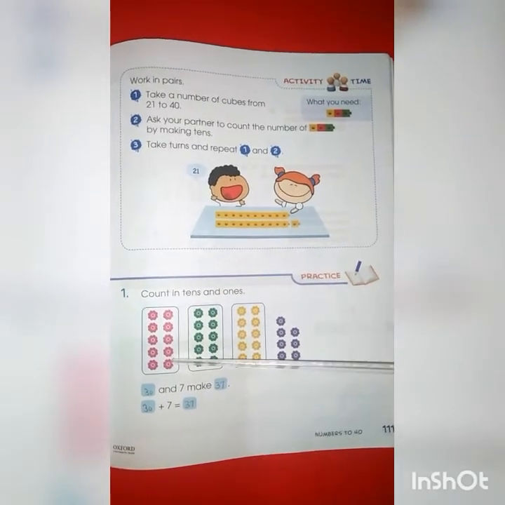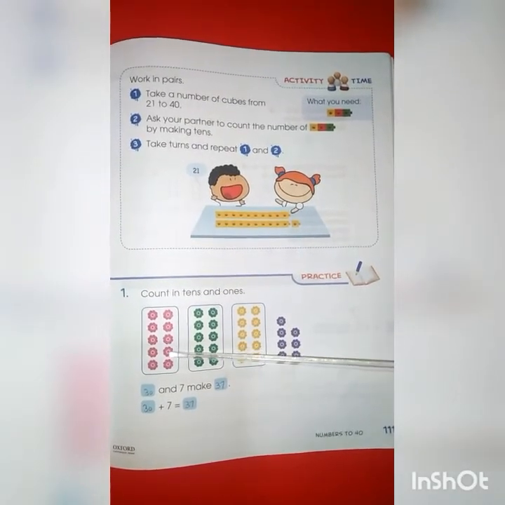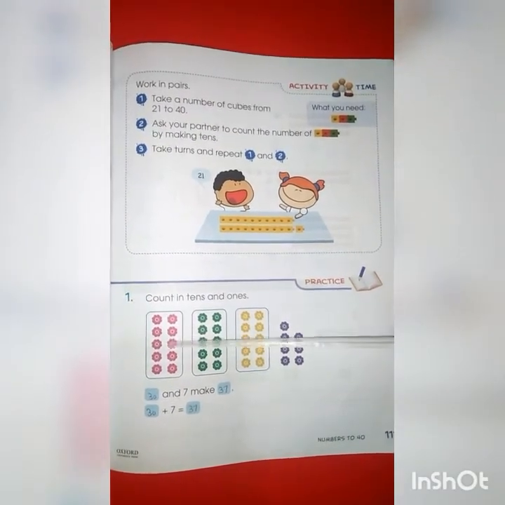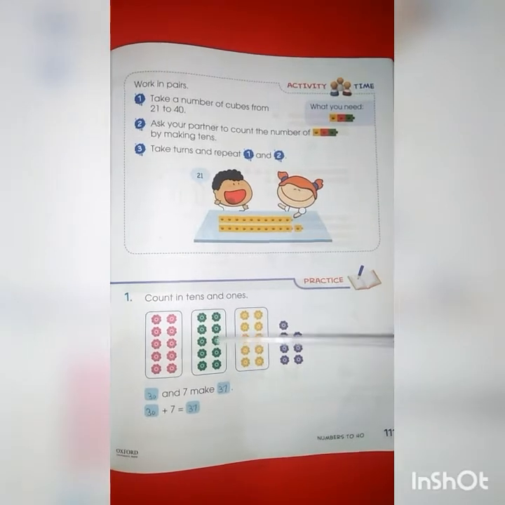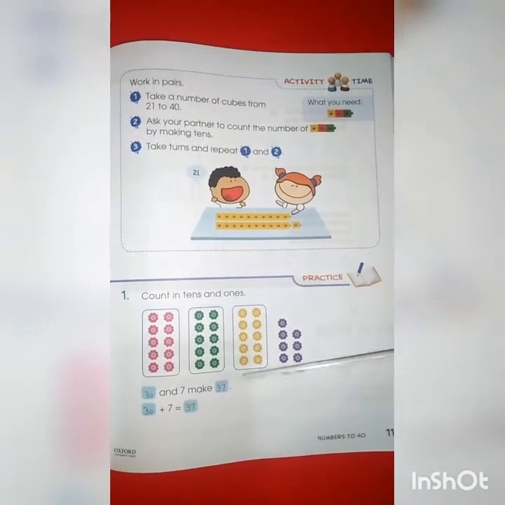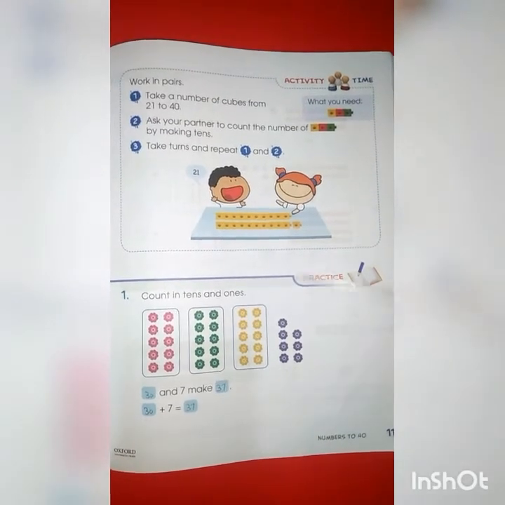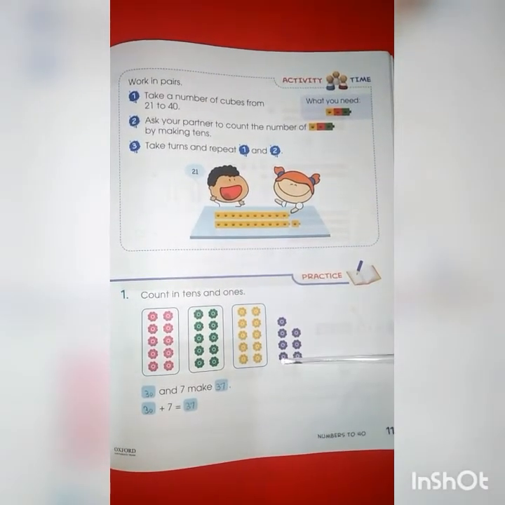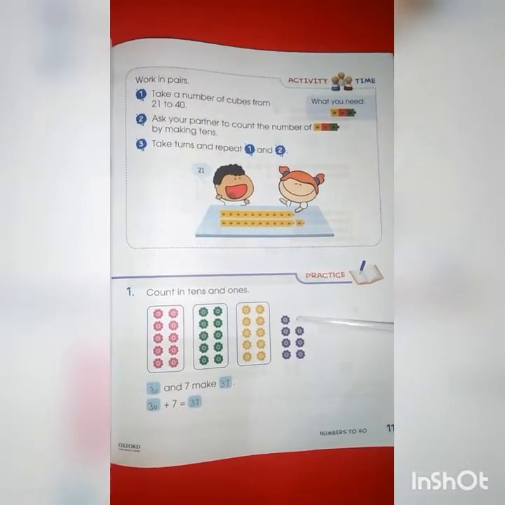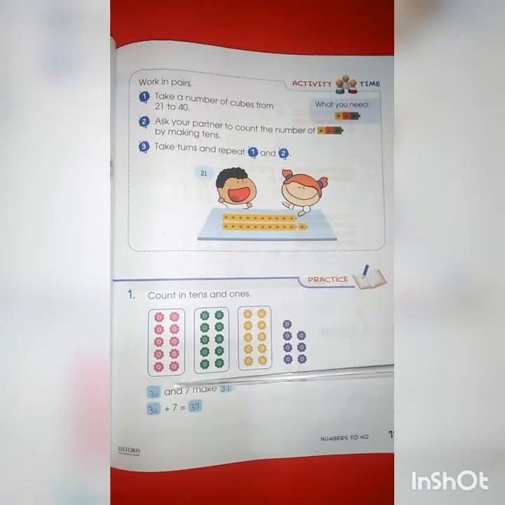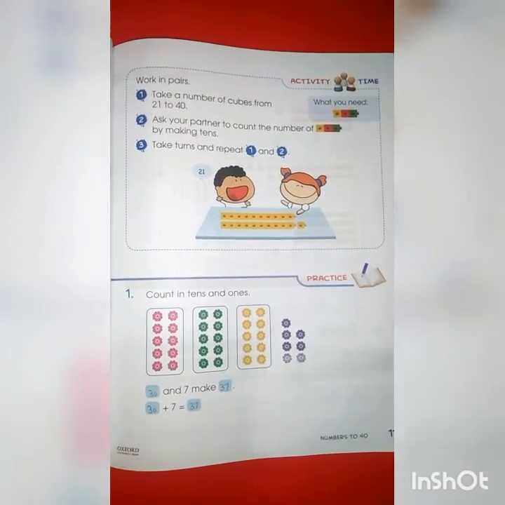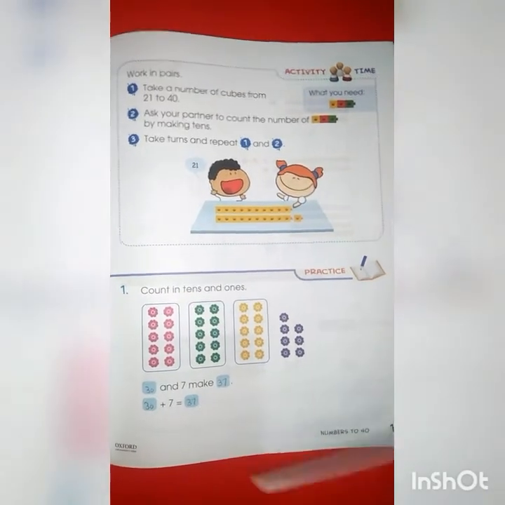Okay. As we know that the pink flowers are 10 in number. Let's start counting 1, 2, 3, 4, 5, 6, 7, 8, 9, 10. Same as for green and yellow. 10 plus 10 plus 10, 30. And 1, 2, 3, 4, 5, 6, 7. The purple flowers are 7 in number, and 30 and 7 make 37. 30 plus 7 is equal to 37.